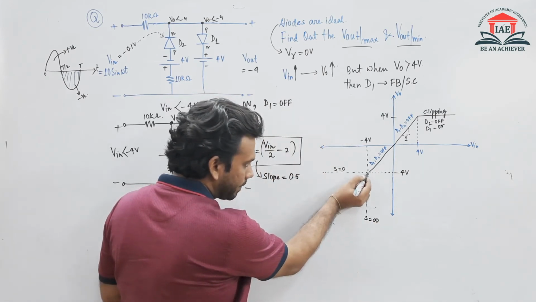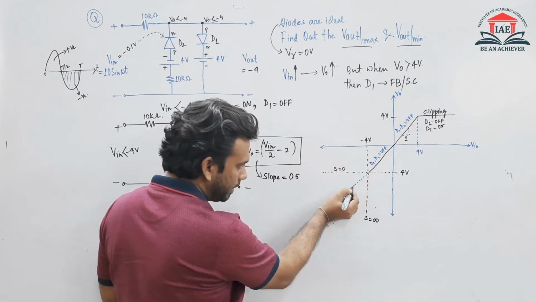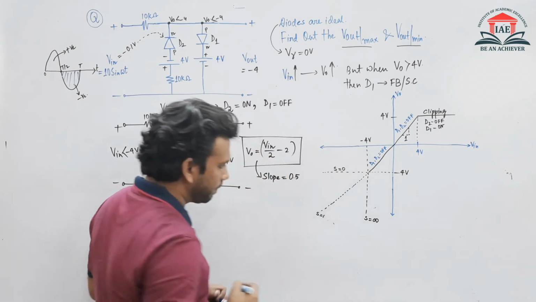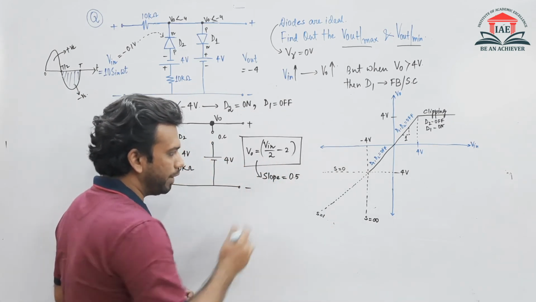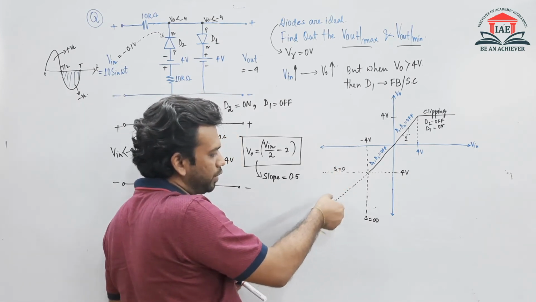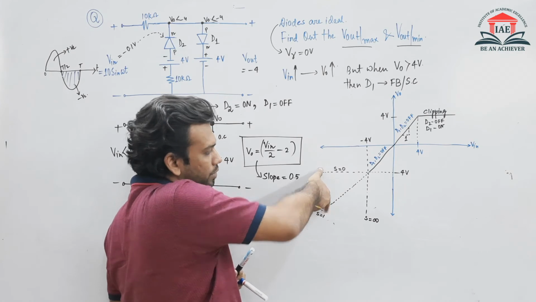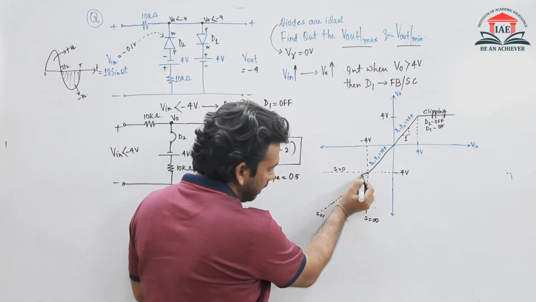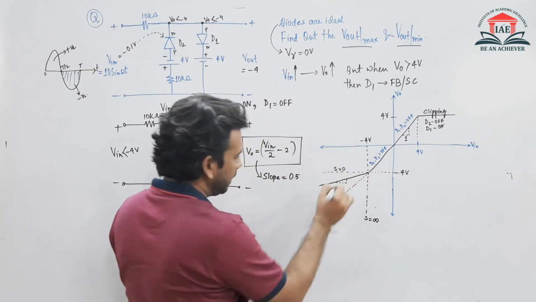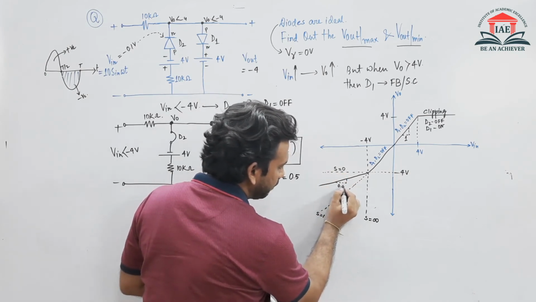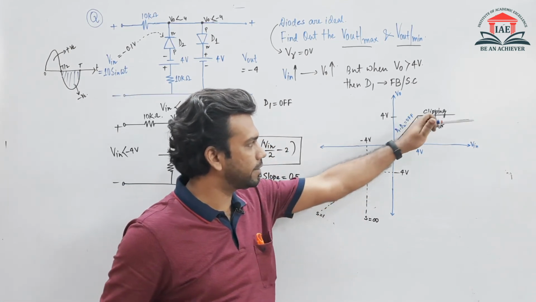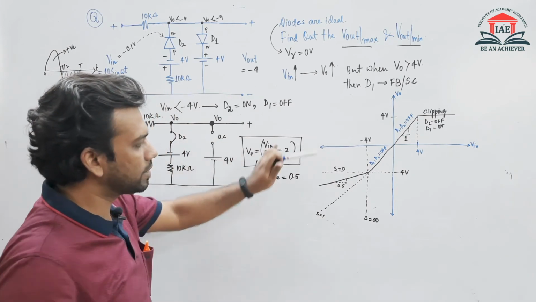And if I go for this line, then this is the slope equals to 1. और मुझे चाहिए क्या? Slope equals to 0.5. So if I want to draw the slope equals to 0.5, then it must be in between s equals to 1 and s equals to 0. That means it will come like this. So the slope of this value, यहाँ पे मेरा slope क्या होंगे? That will be 0.5. So this is the transfer characteristics of this circuit, total circuit.